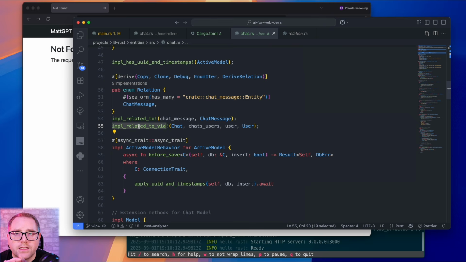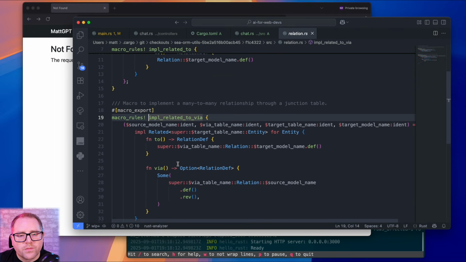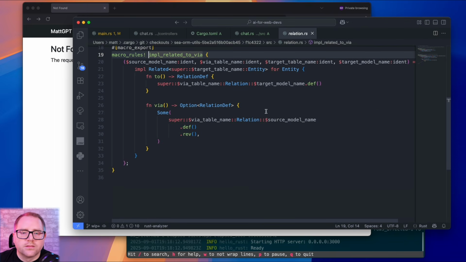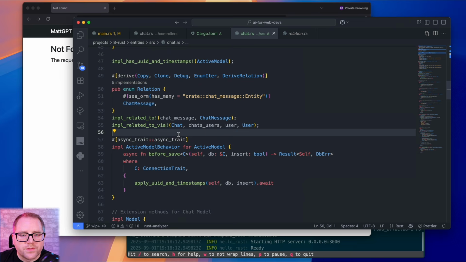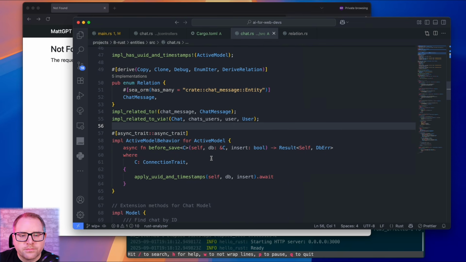So a chat is going to have users through a chat user model. So a join table. So in this case, it's via some intermediary table. So chat has many chat messages, and then chat also has chat users through the chat users model.